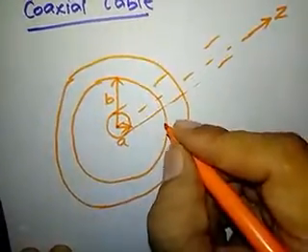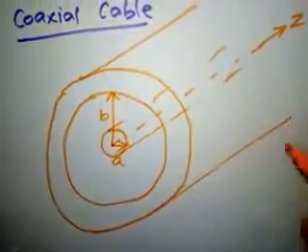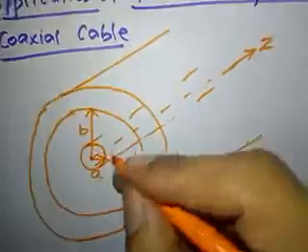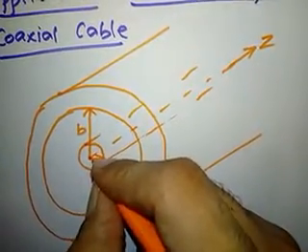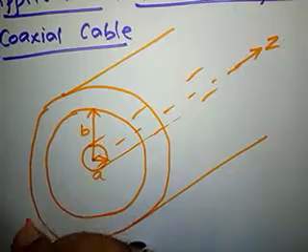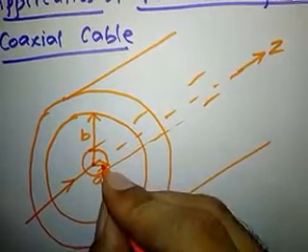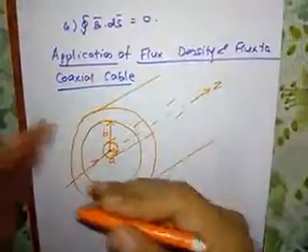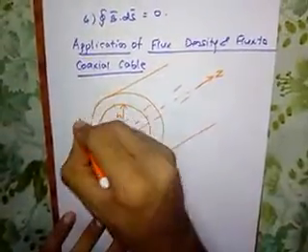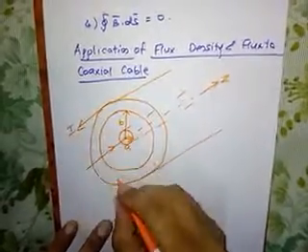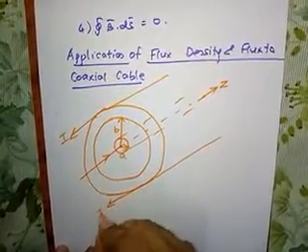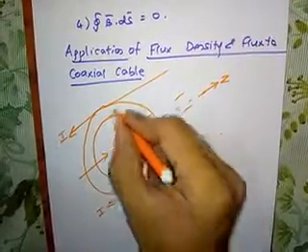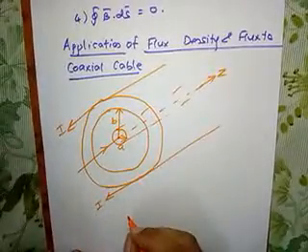So how will the current be flowing here? In the inner conductor, the current is flowing inwards, towards the center, whereas for the outer conductor, the current is diverging, that is, it is moving out. So we have the current direction outwards for the outer conductor. For the inner conductor, current is entering inside, towards the center, and for the outer conductor, it is diverging, that is, it is moving outside, right?